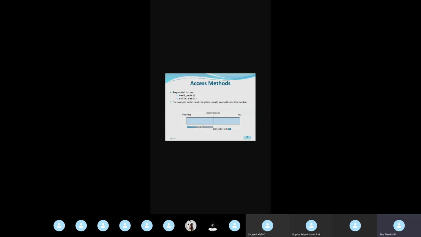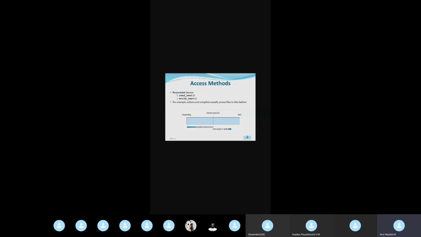Okay. So in the last class we also saw about files. What do you mean by file? A file is a collection of relevant information that is stored on the disk storage. We saw some file attributes also. What are the file attributes? Name, identifier, size, then protection mechanism. Like that we are having all those file attributes, and in today's class we are going to see how we are going to access those files.